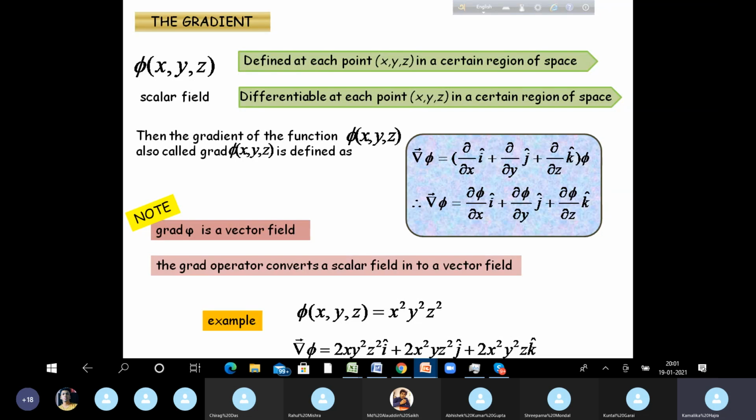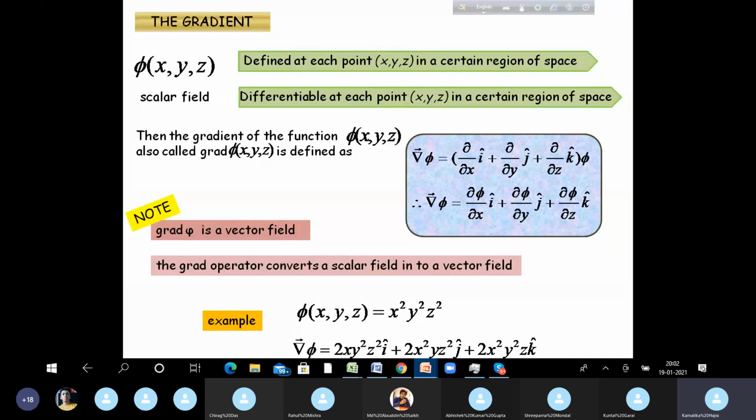Okay. So you started with a scalar field, you obtained a vector field. So ideally now you know how to take the gradient of a scalar. Right. You know the mathematical formula. So given any phi, you can quickly take its gradient by using this formula.